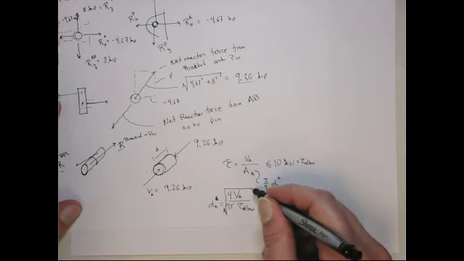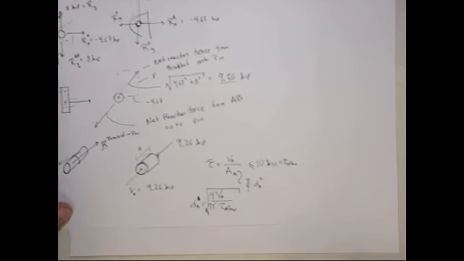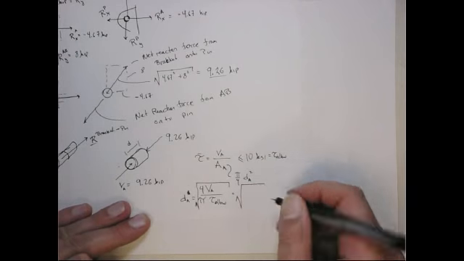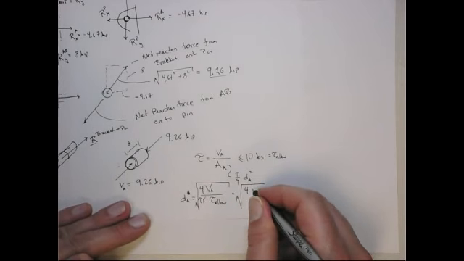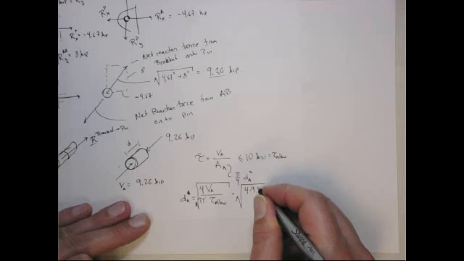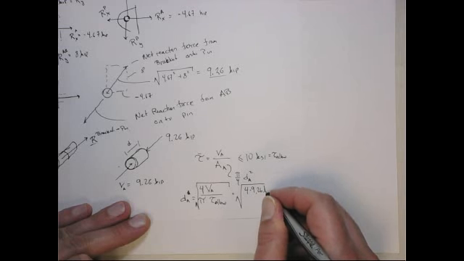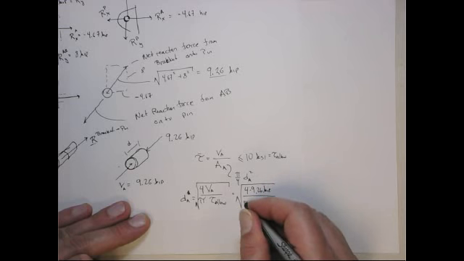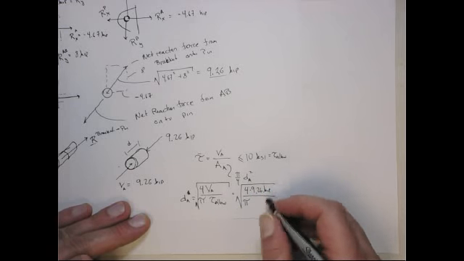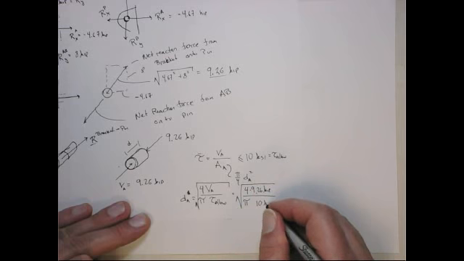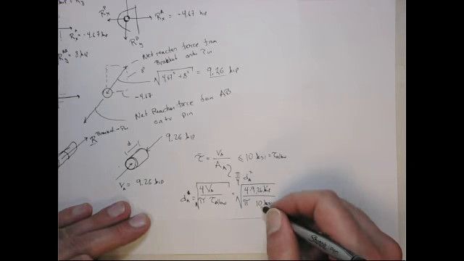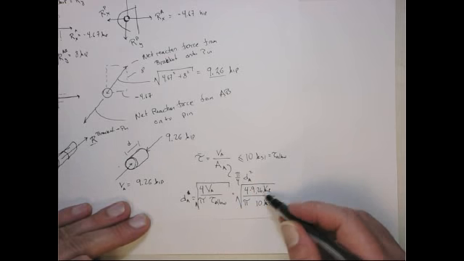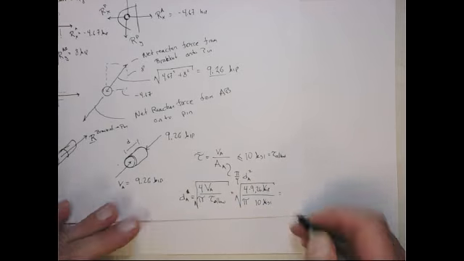We would take the square root of this quantity. All right, so that's the square root of 4 times V, which is 9.26 kips, over pi times tau allowable, which is 10 KSI. The K's cancel out, the pounds cancel out, so I just get inches squared. Square root gives me inches, so that equals,